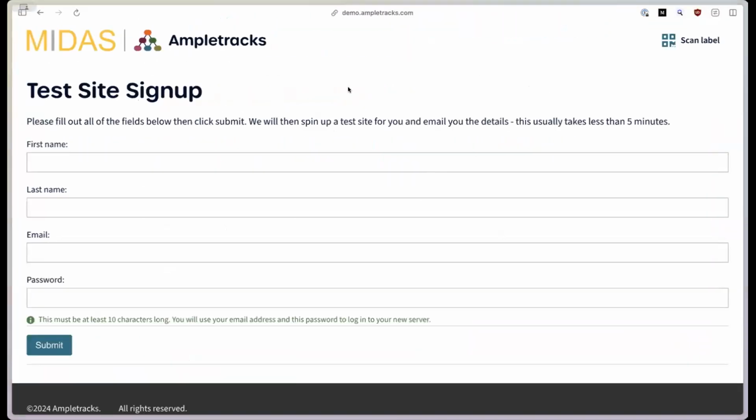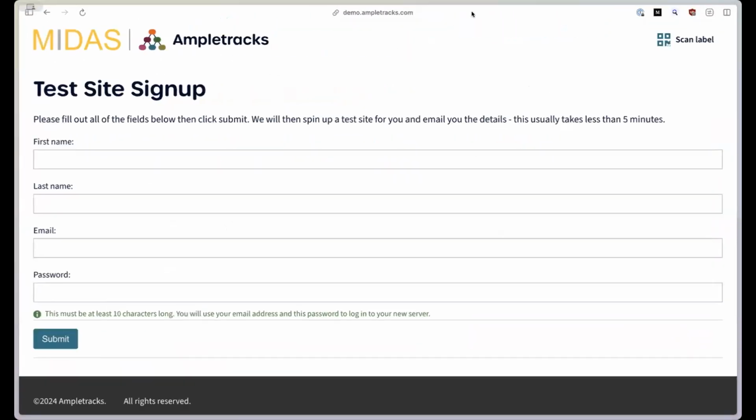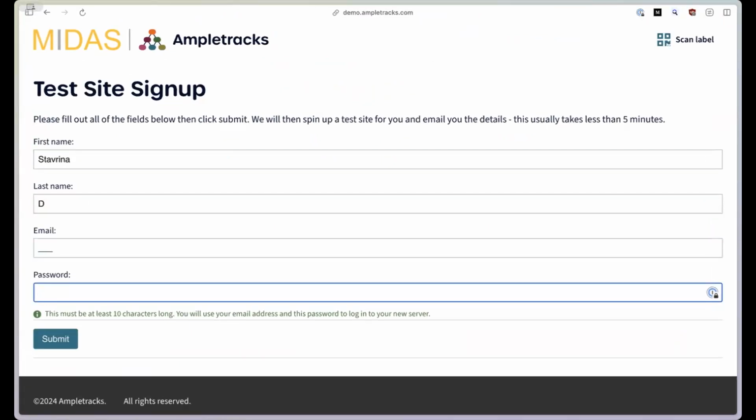So I am going to move to Ampletracks Instance on Demand. And when you go to the link, I'm going to have that QR code persist later. What you do is you type in your details. So my details are Sabrina, my last name. I'm going to give them my email, and then I'm going to submit a password that I would like this instance set up with,